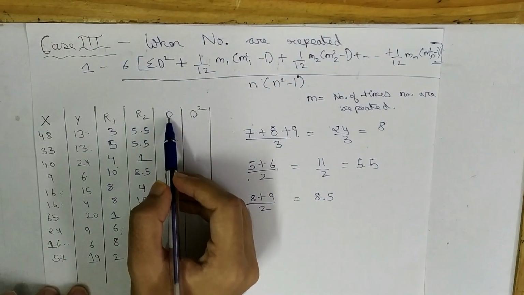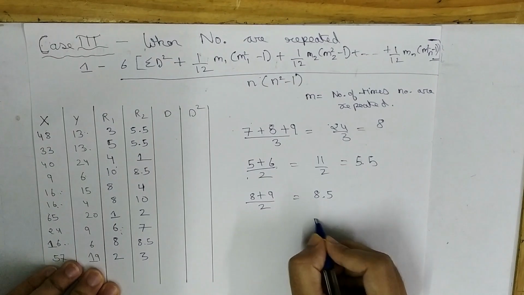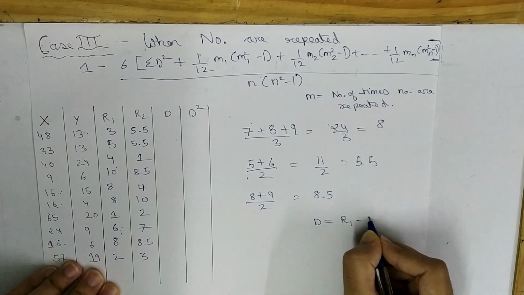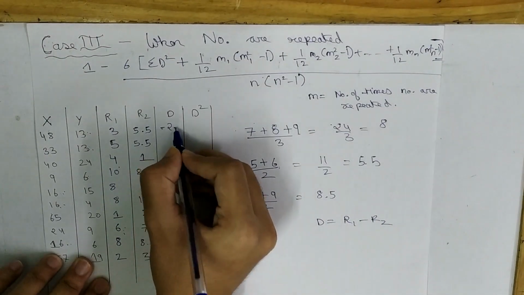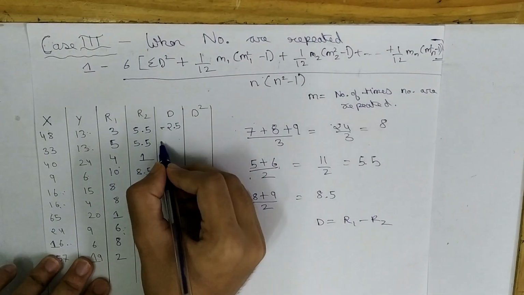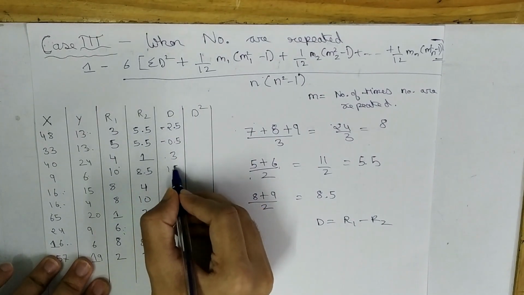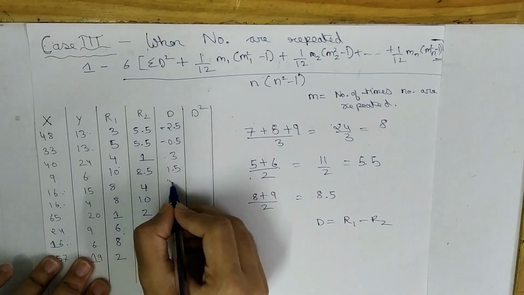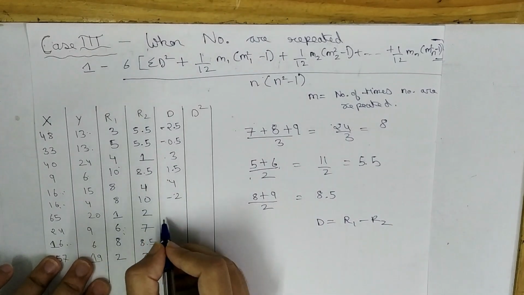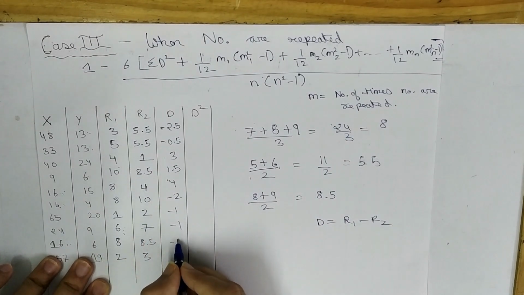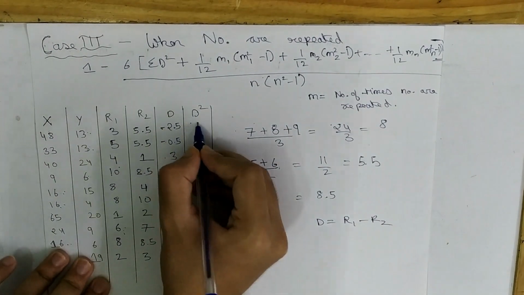Now we have to find D, and to find D, we have the difference that D is equal to R1 minus R2. So this is minus 2.5, this is minus 0.5, this is 3, this is 1.5, this is 4, this is minus 2, this is minus 1, this is minus 1, this is minus 0.5, and this is minus 1. We have to square these, so the square of this is